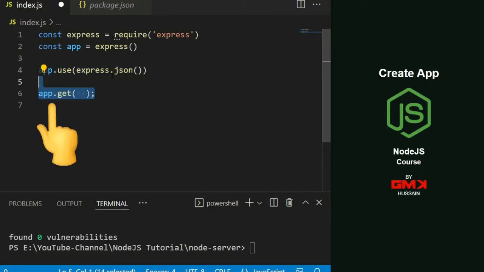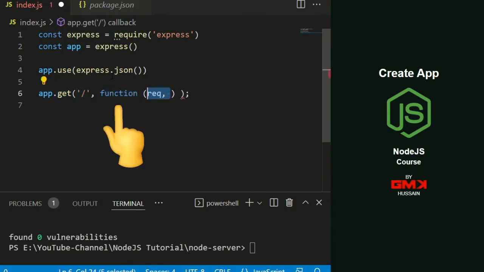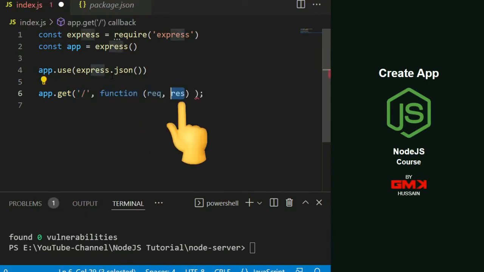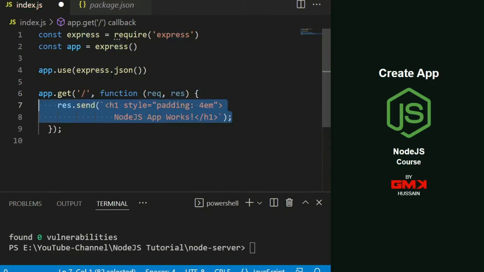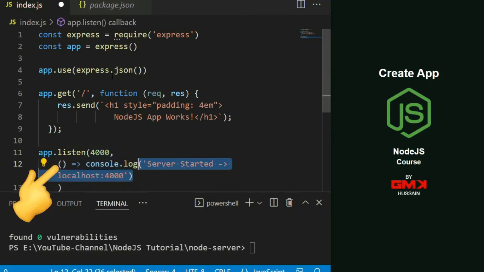Then a get request on my route, a function that receives two parameters, request and response. Inside the function, I write response send with "Node.js app works". app.listen on port 4000, then an arrow function with console